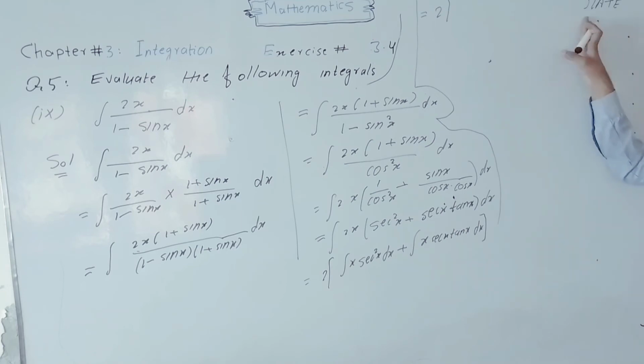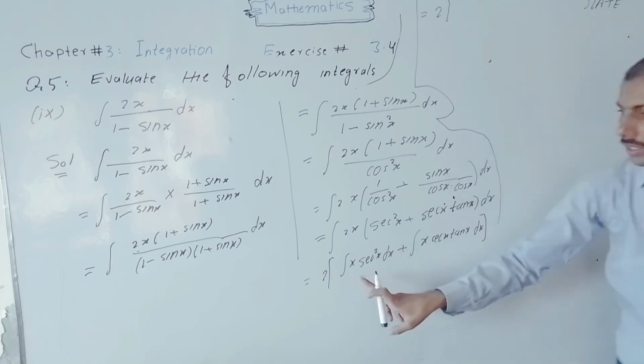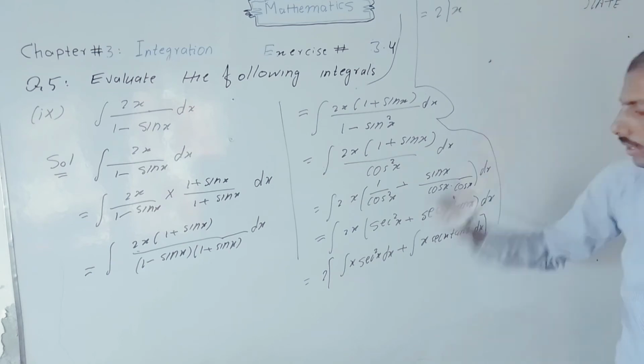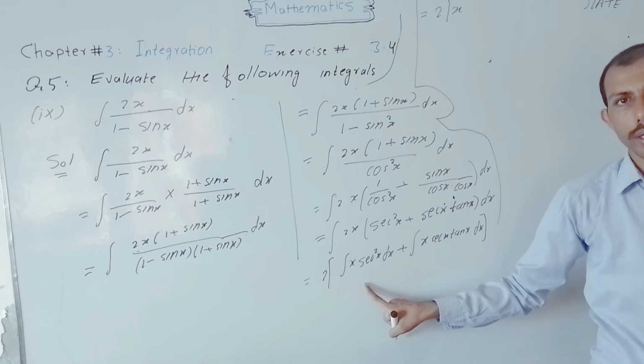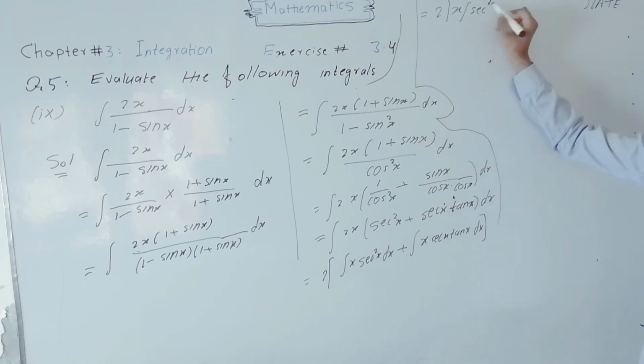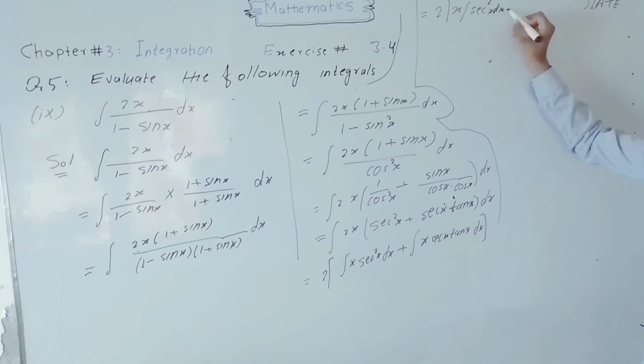Euler rules, that is first I for inverse function, L for logarithmic function, A for algebraic function, so algebraic function, that is x, and T for trigonometric function. So algebraic function first, that is x, first function, and second trigonometric function, integral secant square x into dx, minus